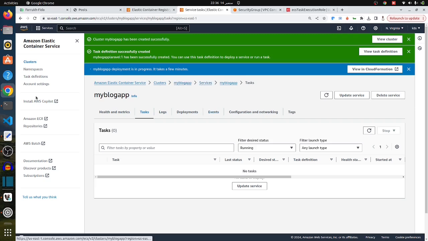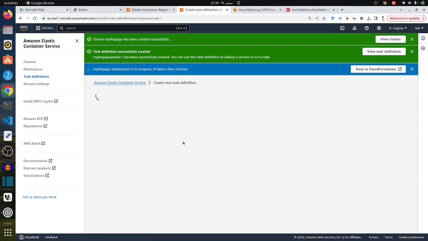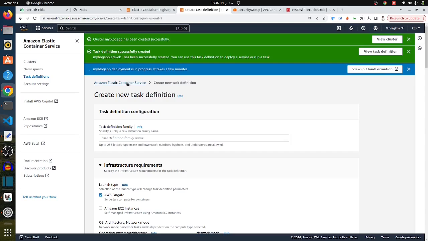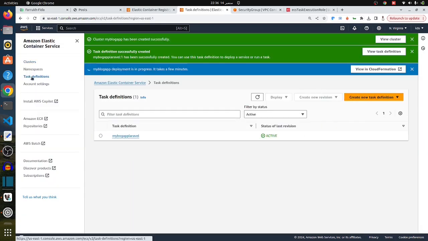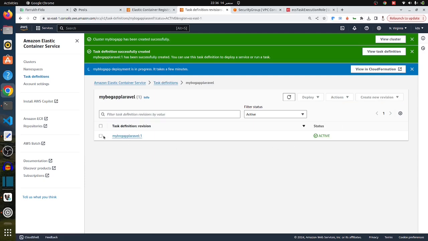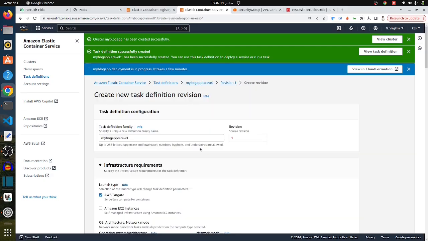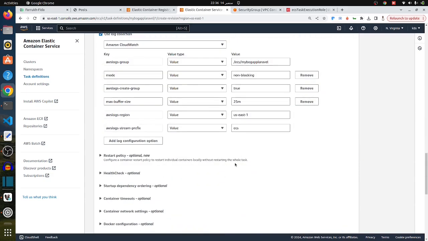So that means in the task definition we have put here, the command we have just put over there is not okay. So we need to put the command accordingly, and that should work. Actually, I need to go to the task definition. Come here, I need to create a revision in which I have to modify this command. So if I come over there,